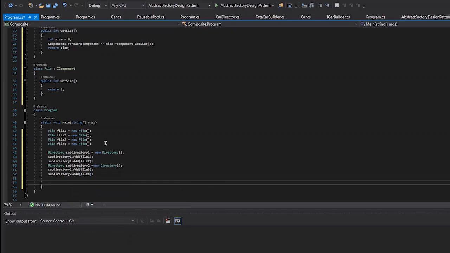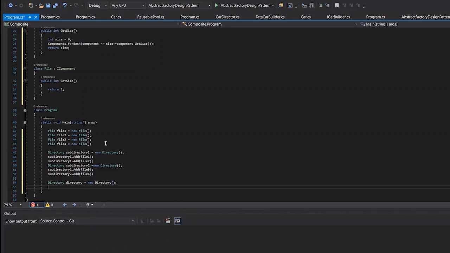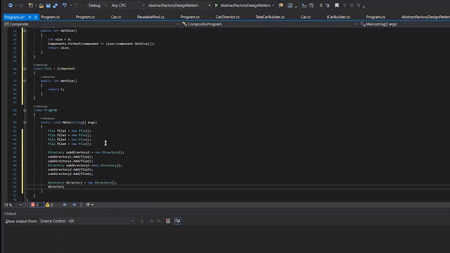And finally, let's create our parent root directory. I'll name it directory itself, new directory, and that will be composed of subdirectory 1 and subdirectory 2. So we have our size.